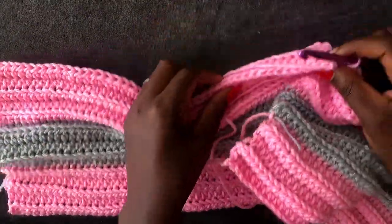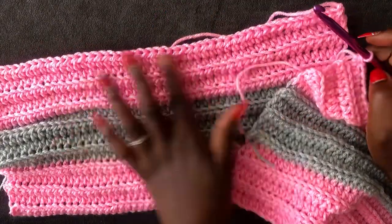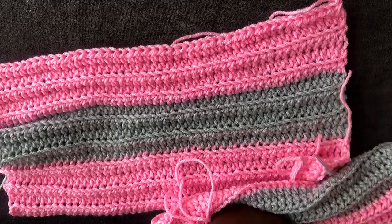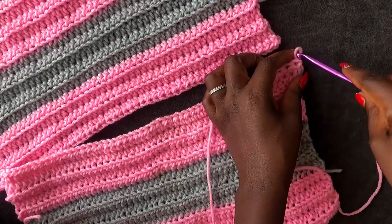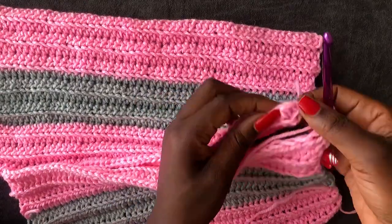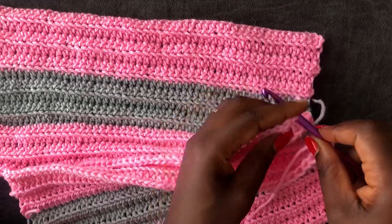When you're slip stitching, you're going to work still from the back loops with your slip stitch, so that it comes out nice and will look slightly similar to this. So let's begin. Enter into this loop, get your other piece, this one, enter into the first loop in front. Don't use the back loop, use this loop, the very first loop in front,